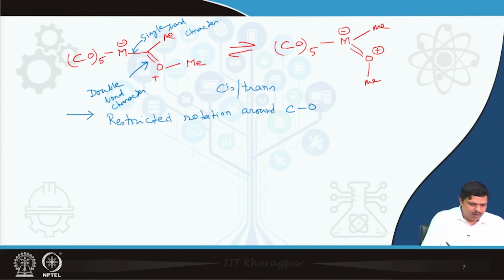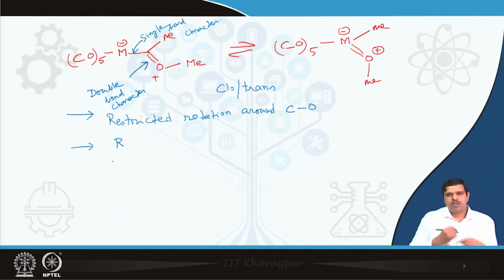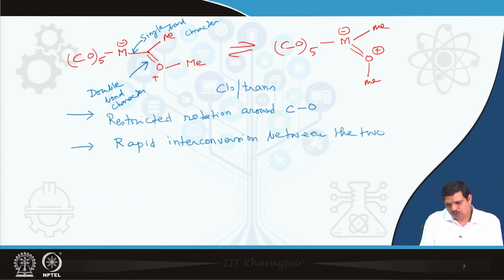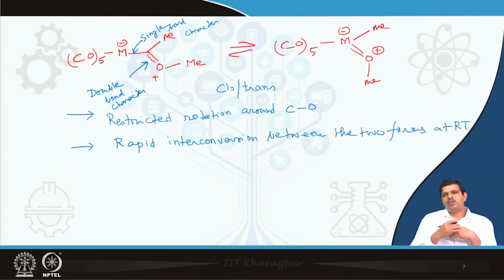Okay, and you can very nicely monitor by the proton NMR spectra. However, there is a rapid interconversion between the two forms at room temperature. Okay, but if you cool down, let's say you record the NMR at minus 40 degrees centigrade,